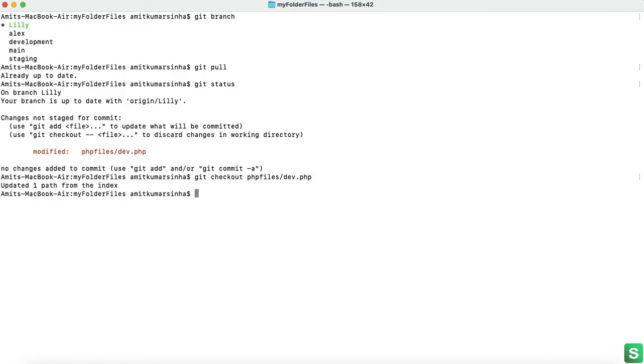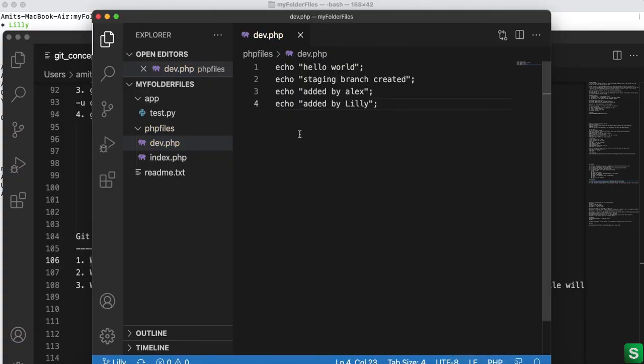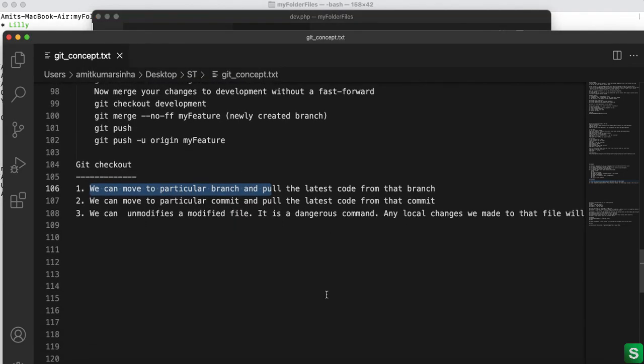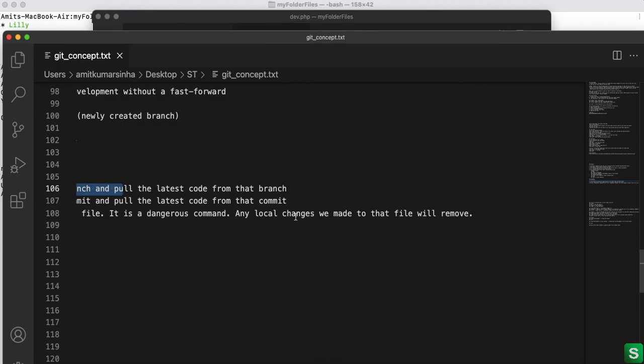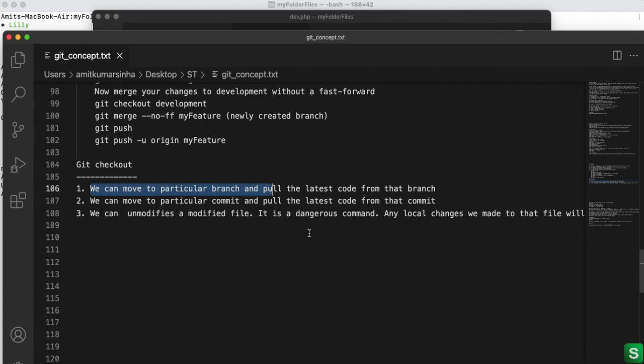So let's check. Come here and see that the added line, added more by Lily, is gone. So this is a very dangerous command. Okay, see here I wrote, it is a dangerous command. Any local changes we made to that file will be removed. So if we do anything in my local and not committed, then if we use git checkout and pass the file name, it will remove all the changes, right?